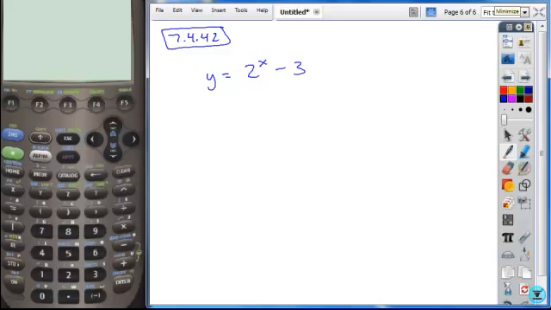So here's problem 42. It asks you to find the inverse. When you're looking for the inverse of this, the steps that you follow, whether you're given this exponential form or whether you're given the log form, which I'll do in the next problem, are the same. Step 1, what you're going to do is